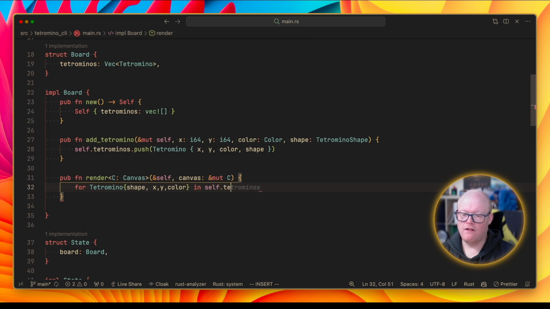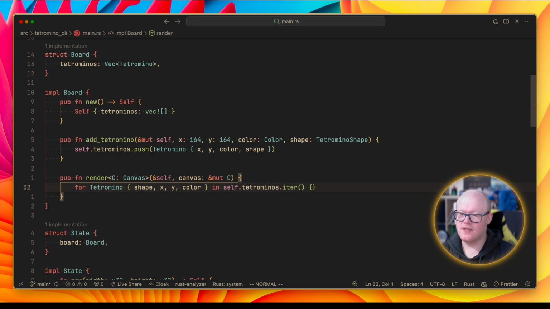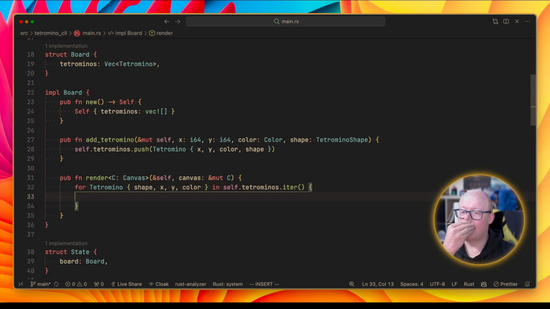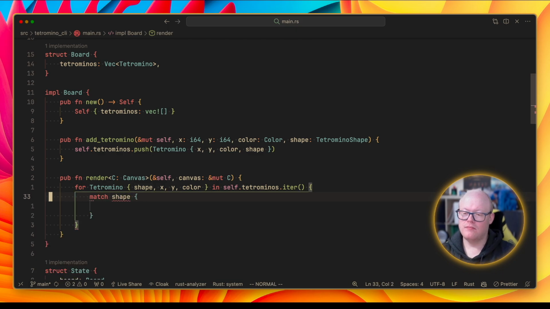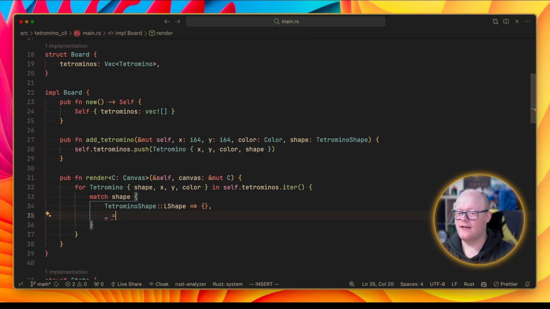In self.tetrominos.iter, so let's just get those out of there and iterate them. And I guess then we want to do a match on the shape, and we want our editor to fill those. Currently we only have one of those match arms. Makes sense. However, let's just create a default match here with a panic: